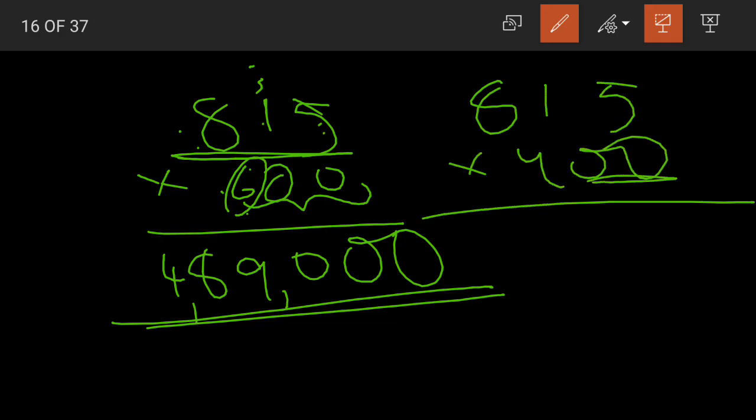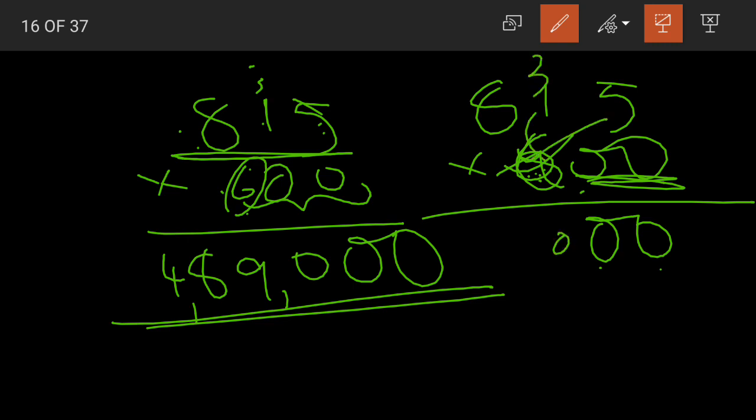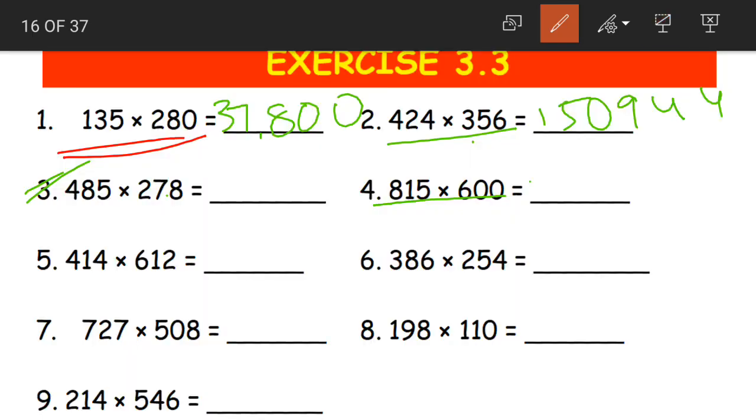Or another way that we learned just now is that here we are having zeros in the factor. So we need not multiply with 0. We can simply skip, directly going for multiplication with the number, sorry, this was 600, with the number 6. Now, but before multiplying with 6, what should we do? We should place 2 zeros. Yes, we are having 2 digits after 6, so placing 2 zeros. 6 5s are 30, 3 carried, 6 1s are 6 plus 3 is 9, 6 8s are 48. So either way we multiply, 4,89,000 will be our answer. Okay, so you choose the way whichever is convenient for you.